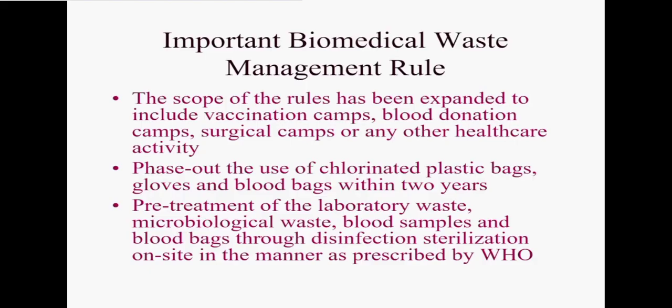जब ब्लड डोनेशन कैंप है वहां पे भी नंबर ऑफ वेस्ट यूज हो रहे हैं, जैसे कि कॉटन वहां से एज अ वेस्ट प्रोड्यूस होगा। ओके, जो ब्लड बैग्स के आगे ट्यूब्स है, ब्लड बैग ट्यूब्स है, कैथेटर्स है, वो सब चीजें भी यूज हो रही है। सो देयर आर डिफरेंट वैक्सीनेशन से आपके सिरिंजेस एंड मेडिसिन और ये सब भी जनरेट हो रहा है। ओके, सो डिफरेंट कैंप्स और हेल्थ केयर सर्विसेज से वेस्ट प्रोड्यूस होता है। तो उन केसेस में क्या होता है, यूज करते हैं क्लोरिनेटेड प्लास्टिक बैग्स का, ग्लव्स एंड ब्लड बैग्स विद इन 2 years।